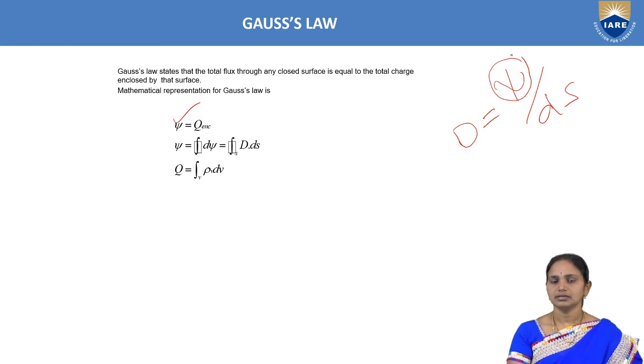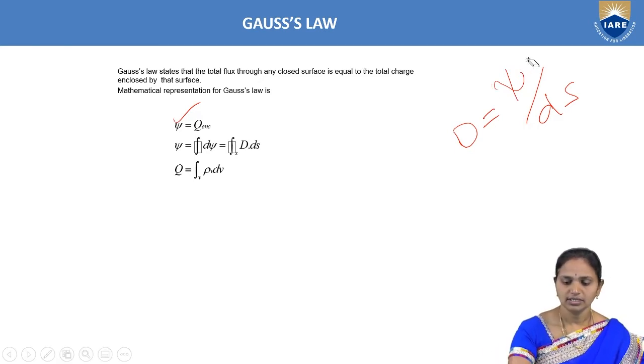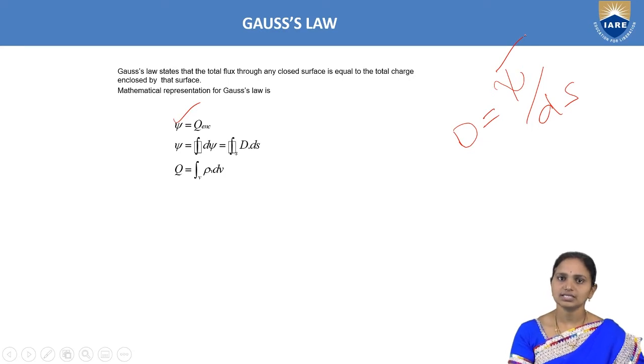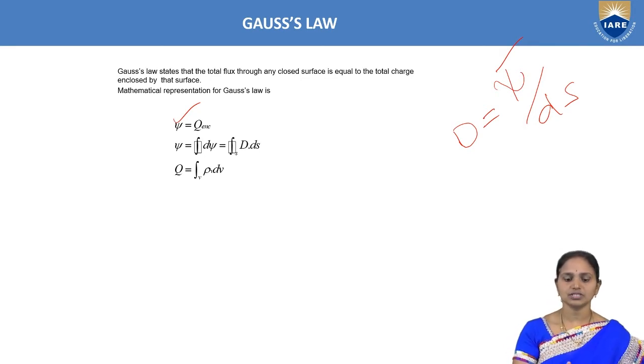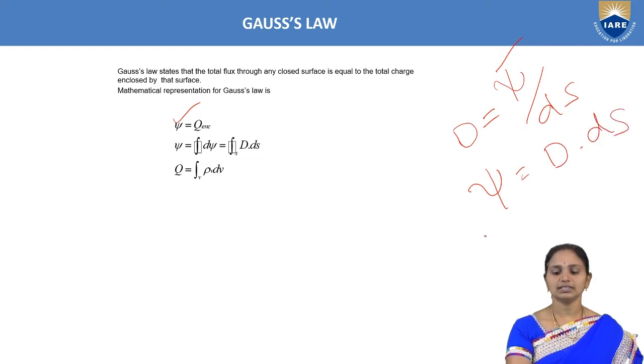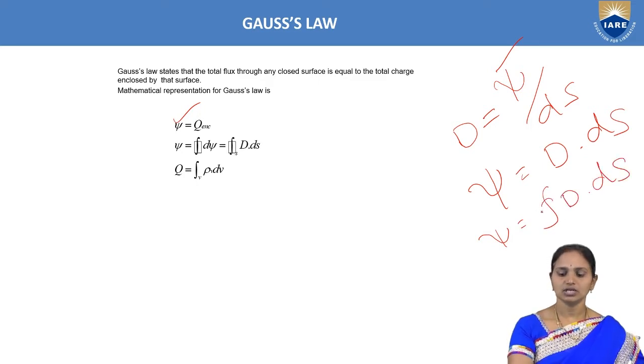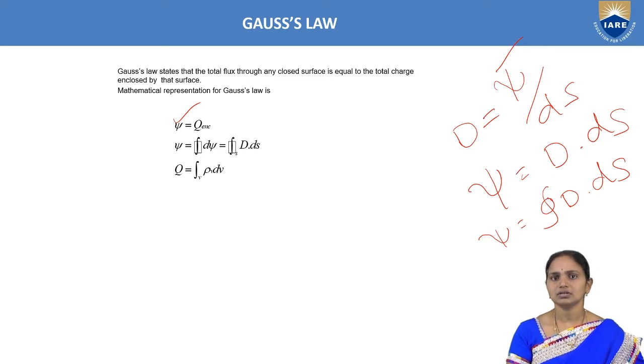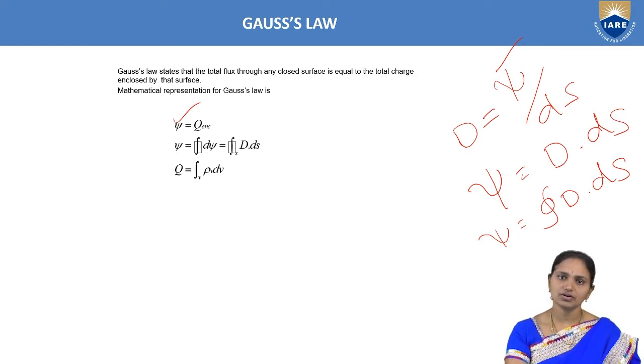Now the word we need to take is flux, electric flux. Electric flux is psi here, and that flux is equal to the charge enclosed by the surface, or flux through any closed surface. As we have D as psi by ds, that means psi, flux, is equal to D into ds. If you want to calculate the total psi, then we have to take it as integral D dot ds. This is for a total closed surface. So as we are taking a closed surface, we must take the closed integral over the surface area. Then we can take flux as closed integral of flux density into ds.